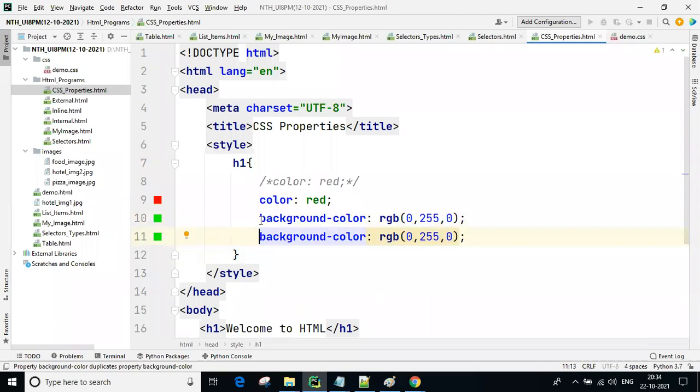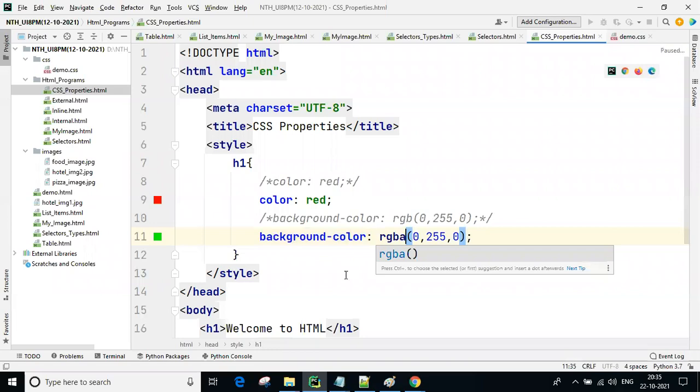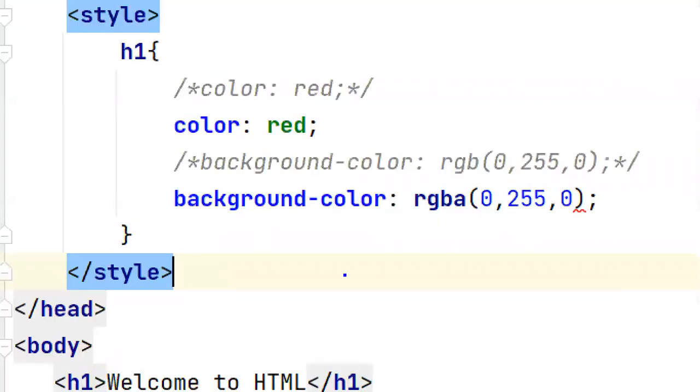Next, for the background color we can also do one more way, guys. RGBA is there, meaning red, green, blue, opacity. A stands for opacity, which means the opacity value is between 0.0 to 1.0, simply a 0 to 1 range.